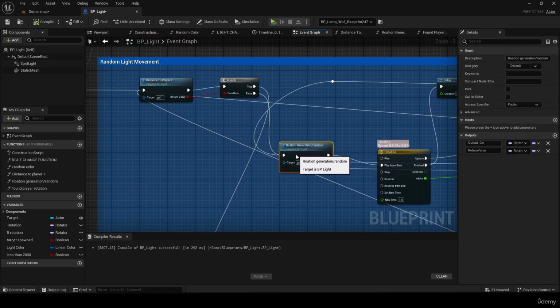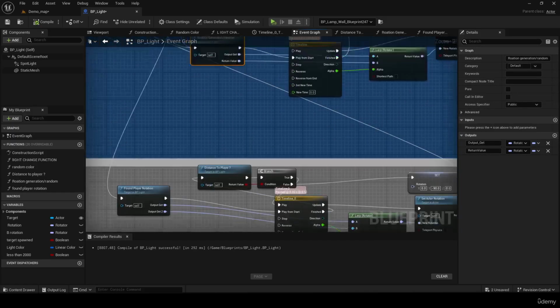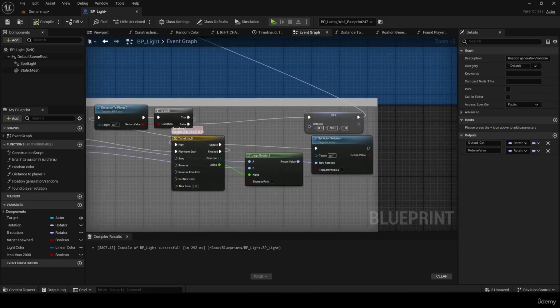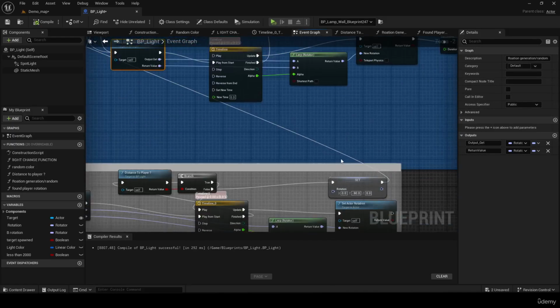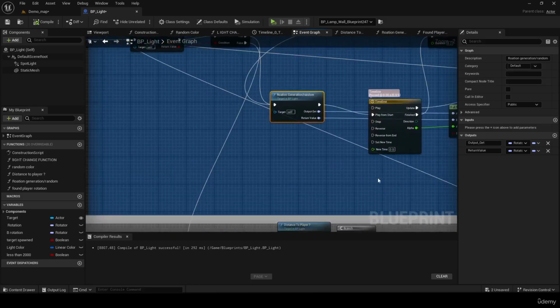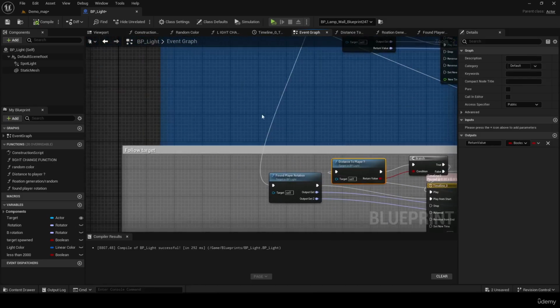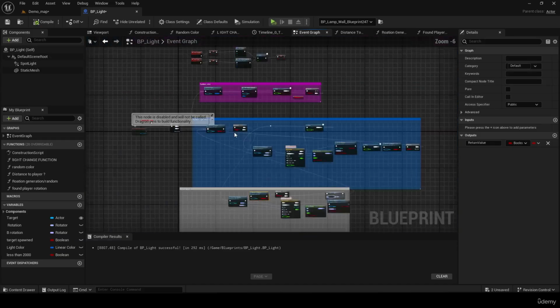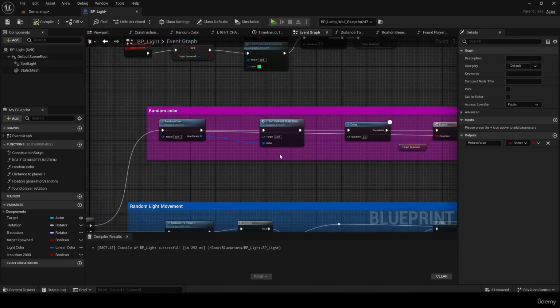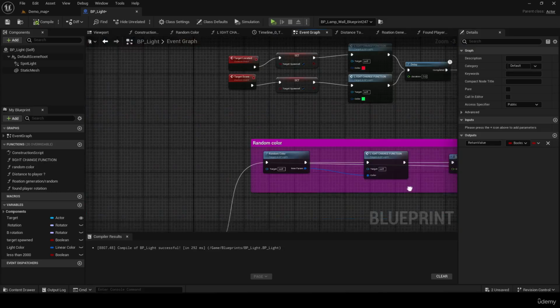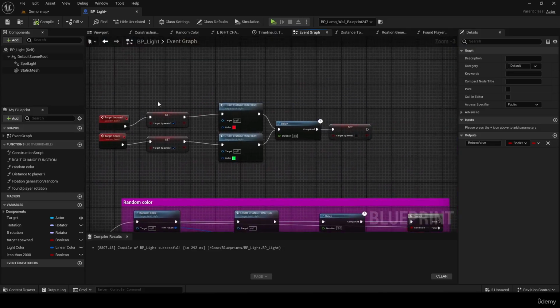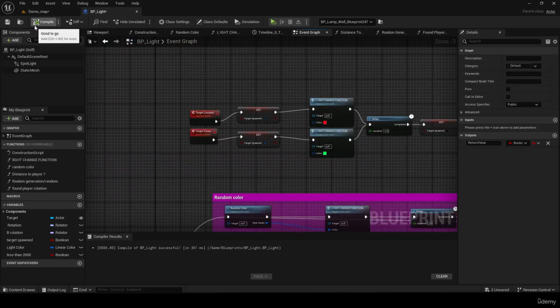And now we have a slightly more clear graph. We still have this node going all the way, but it's fine. We could probably make it look better if we reorganize more, but I don't want to waste too much time here. We have our color settings here, and next we are going to edit them when we actually implement gameplay elements. So